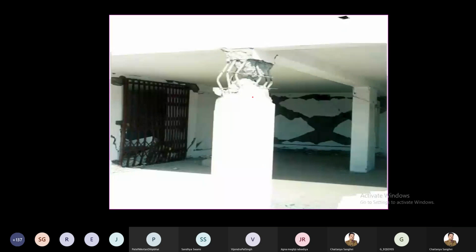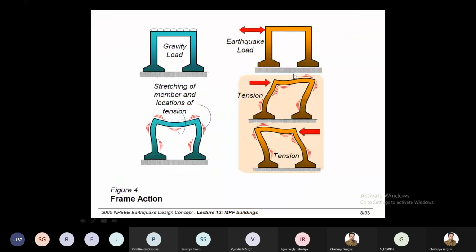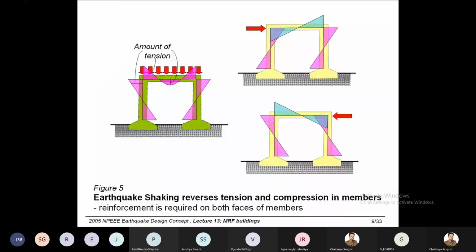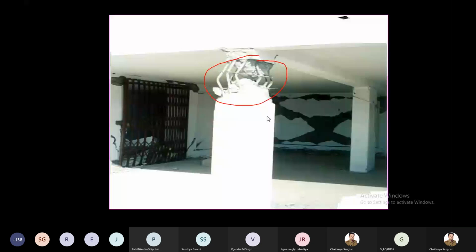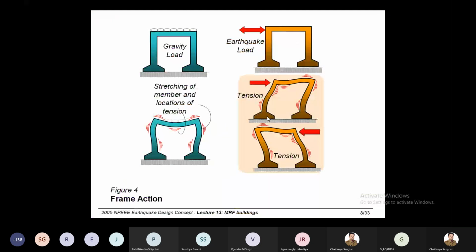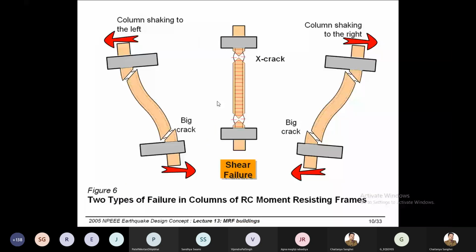The reason we have to identify this is as follows. You have a maximum moment at the top or at the bottom. In the middle portion, the moment is less as compared to the top of the column and the bottom of the column, right? And therefore, such kinds of failures have been observed either at the top or bottom, because there is a maximum moment, right? And therefore, two types of failures are possible here, when the